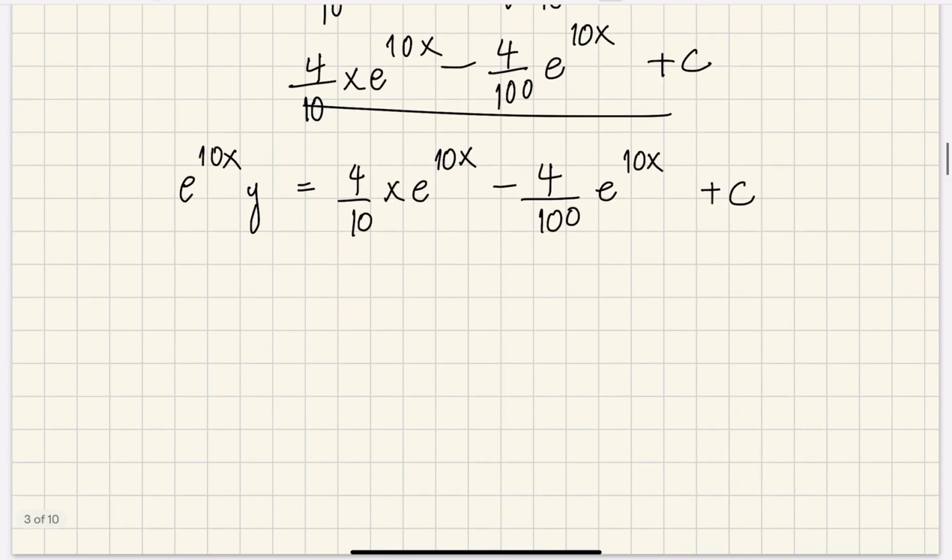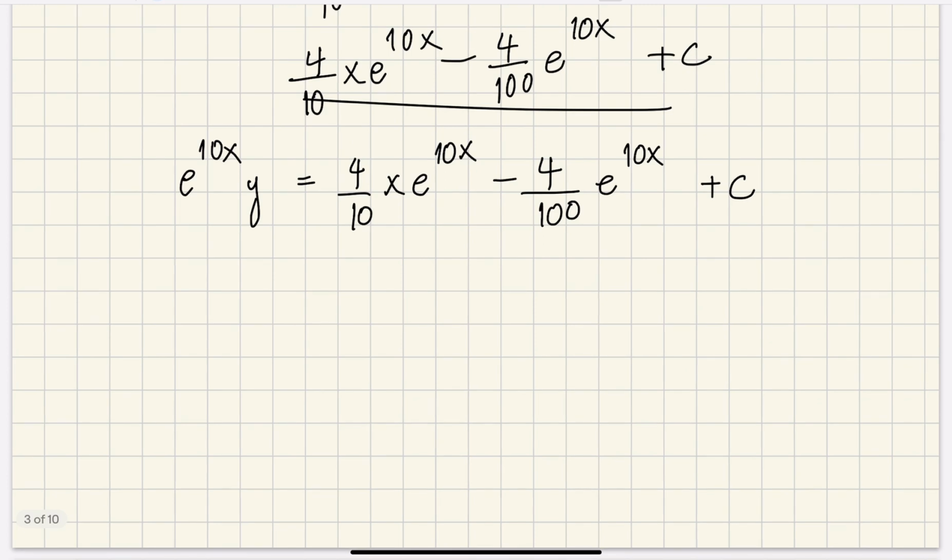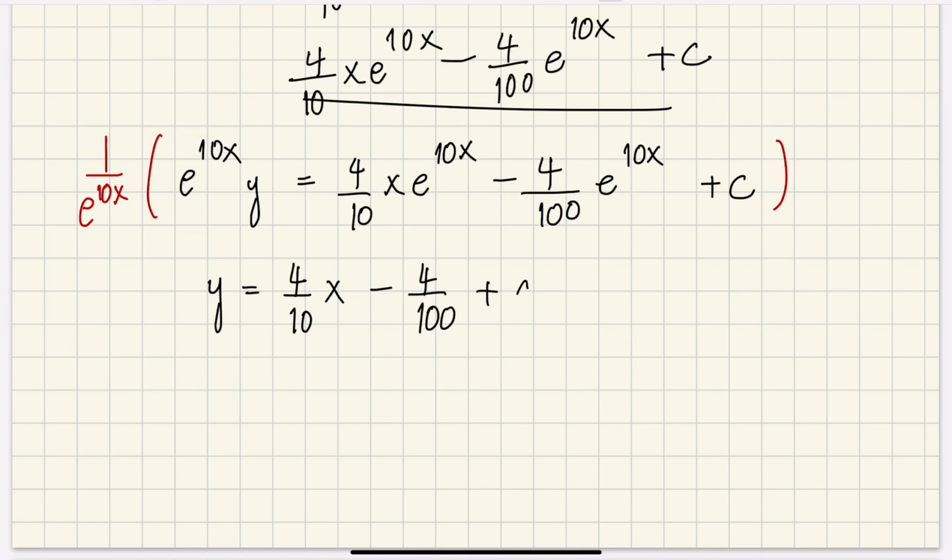All we have to do now is divide everything by e to the 10x, and you will get y is equal to 4 over 10 x minus 4 over 100 plus c e to the negative 10x. And that